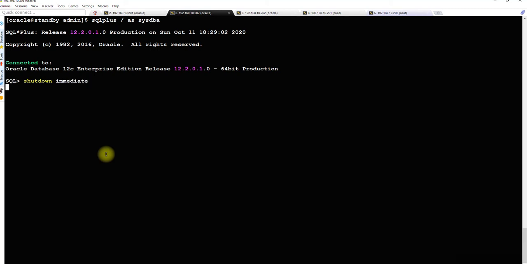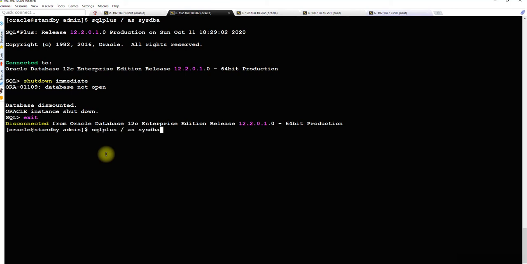I should remember this, but somehow it gets missed. So it is dismounted and closed as soon as that's done. Okay, so the instance is shut down.